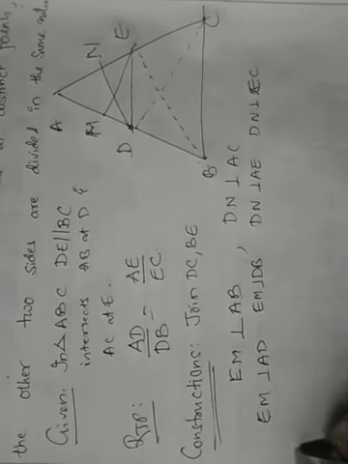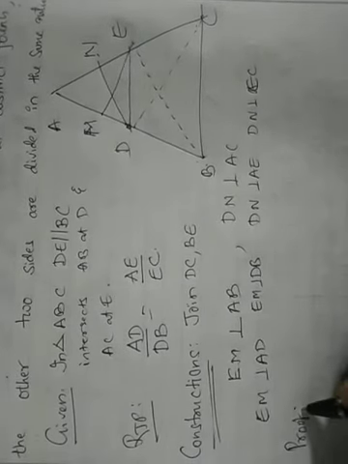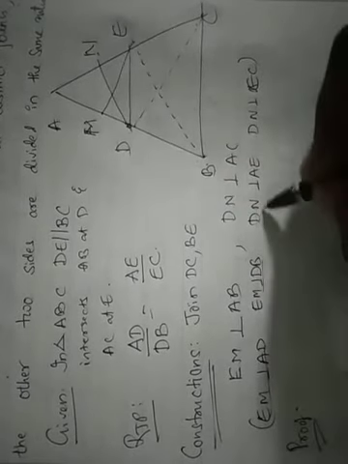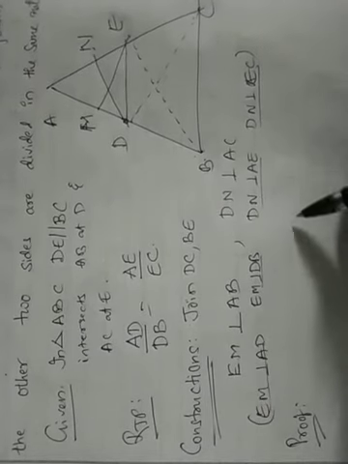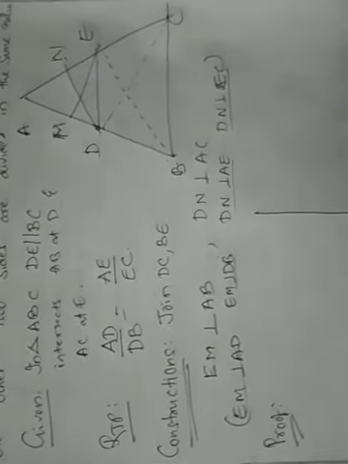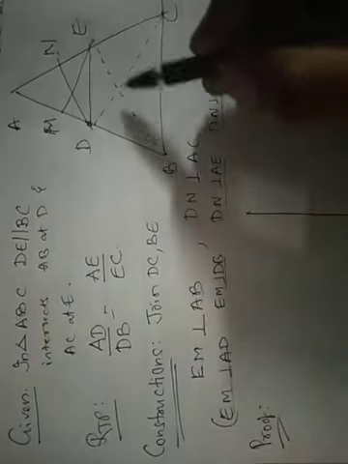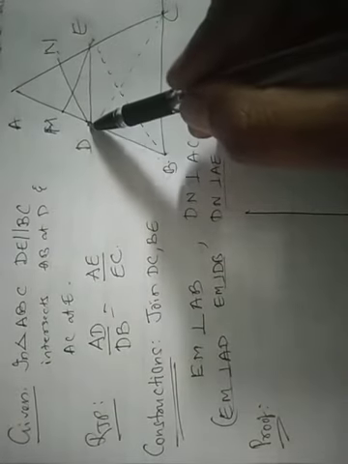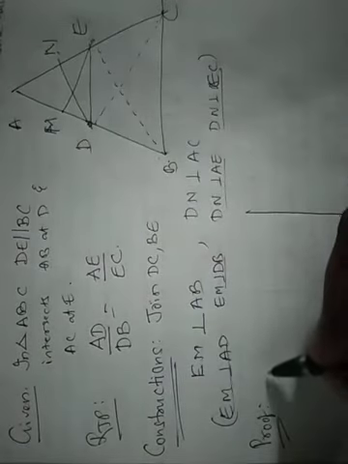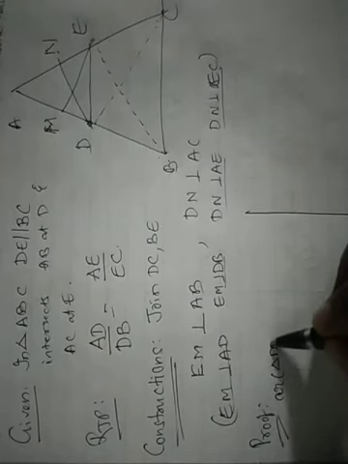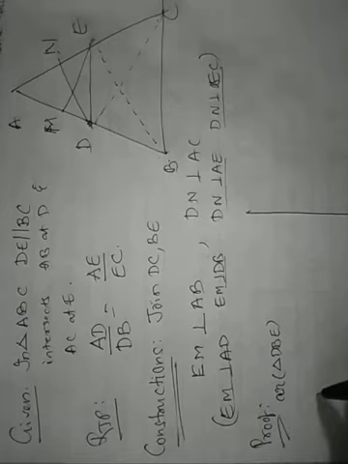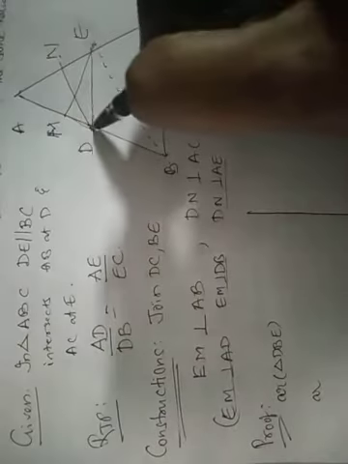Now let's go to the very important part, that is the proof. So this is for our understanding only. You need not write these lines. This is just for our understanding. Now our main strategy is to take the ratio of areas. We will take the ratio of areas of these triangles. Now we compare this triangle DBE. So we take the area of triangle DBE and the area of this whole part ABD.